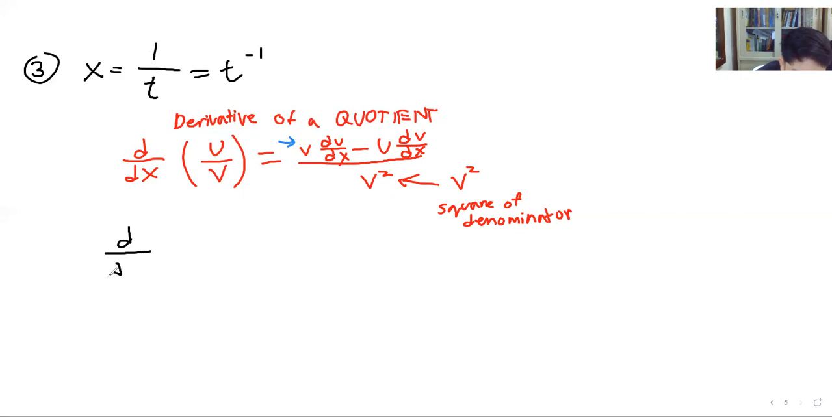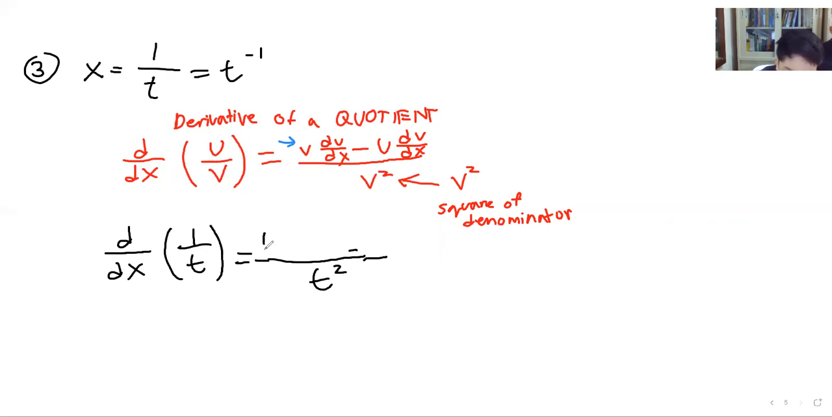What will d dx of 1 over t be? That equals something over t squared. So again, denominator times the derivative of the numerator. So it's t times d dx of 1. What's d dx of a constant? It's 0. So all this will be 0. Minus u, which is the numerator, 1,